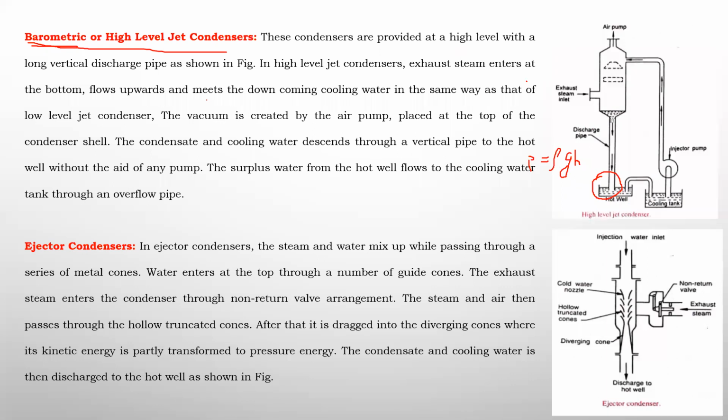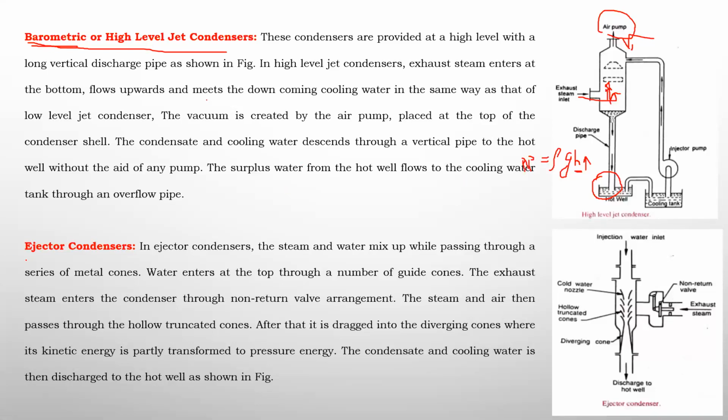In this case, this is also called counterflow. Why counterflow? The steam enters from the bottom and the cooling water enters from the top, and there is an air suction pipe which creates a suction at the top so that the steam moves in the upward direction because of the pressure difference, and the condensate will be collected at the bottom. Why this height? To create pressure. If height increases, automatically pressure rises. This high pressure water will be supplied to the boiler, so that steam generation takes place inside the boiler.